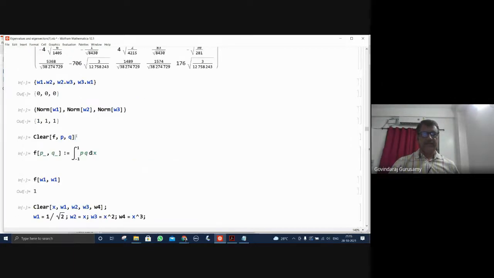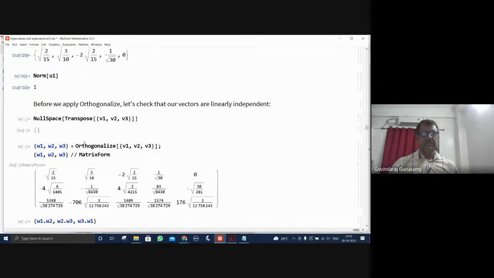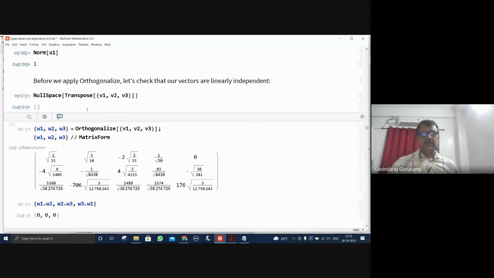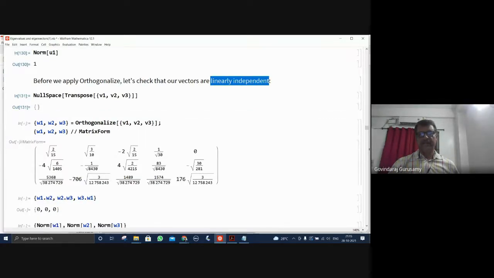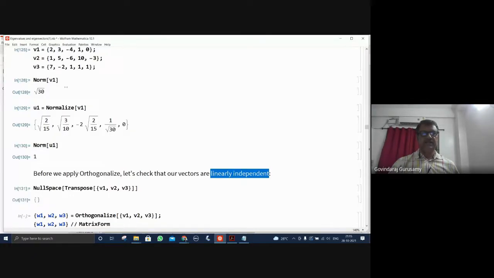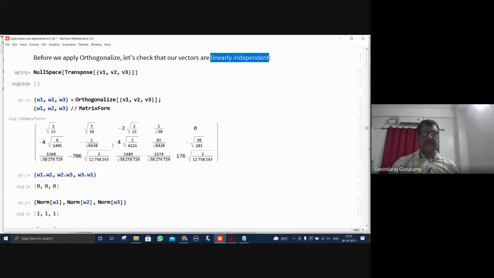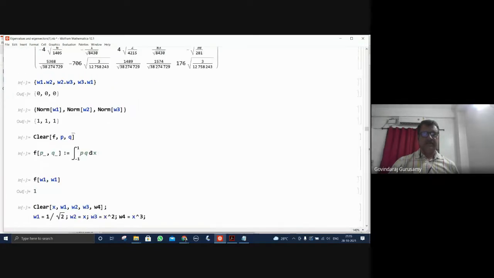Okay, so we'll go to this starting point. Where is it? You are here and it has been entered, normalized, null space. What does this null space imply? They are linearly independent. We'll see some more about that. These vectors are linearly independent. Linear independence is defined by conditions. Then that being orthogonalized and the orthogonalization is being confirmed. And that can also be applicable for the functions also.